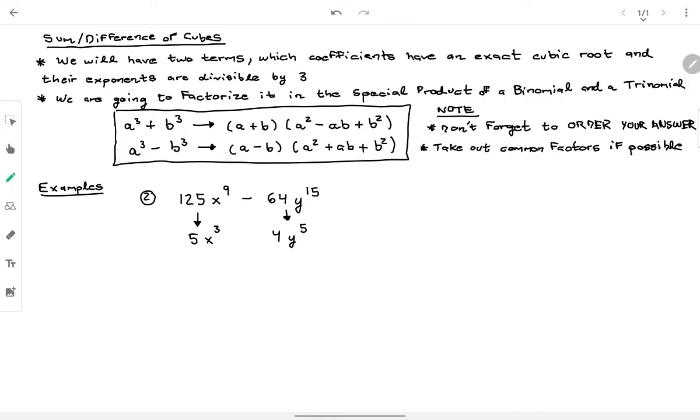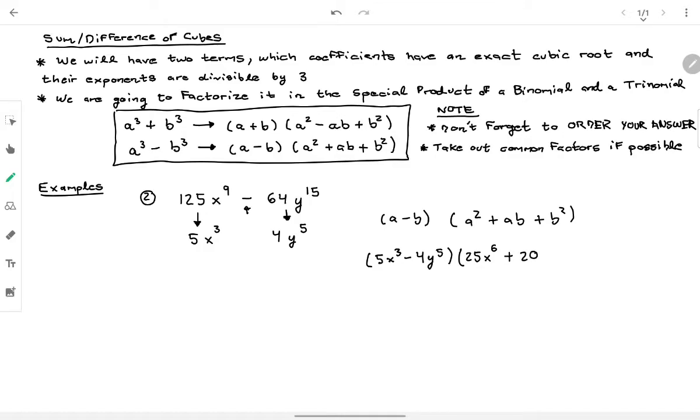So in this case, we will need the structure of a minus b, because we have a minus sign here, that multiplies a squared plus ab plus b squared. So in this case, it's going to be 5x cubed minus 4y to the 5th. In the other one, it's going to be the square of 5, which is 25. The square of x to the 3, remember we multiply the power, so it's going to be x to the 6. Then it's going to be plus